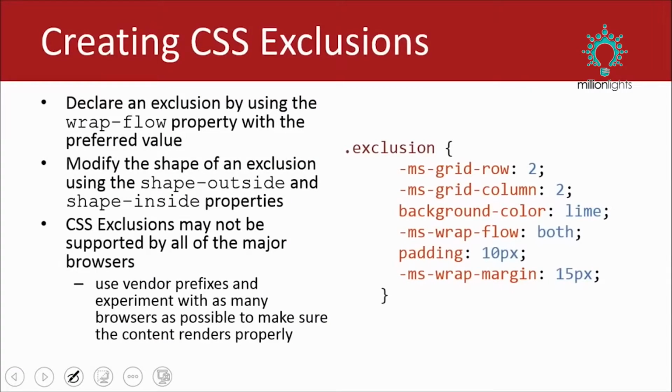All right. You can declare an exclusion by using the wrap flow property, featured right there, and its preferred value. So we said both, right? That makes sure that there's wrap around each side of the element. You can modify the shape using the shape outside and shape inside properties. I didn't choose to do that here in this particular example code, but it's important to note that an exclusion